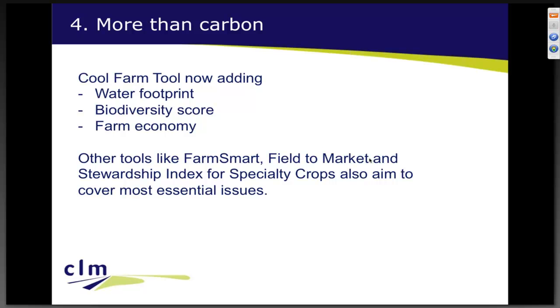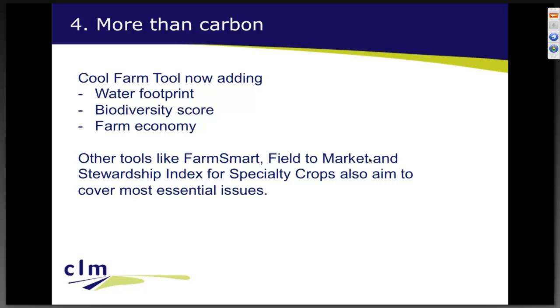And there are other tools around. The Farm Smart that I mentioned for dairy does include several issues, including eutrophication, and that is really interesting because they connect the nutrient balance to the local water situation. That means they have a lot of geo-survey data in there at the US level. A very interesting addition. Field to Market, that's the Keystone Institute, have a rather broad tool which covers some other issues, has some drawbacks too.